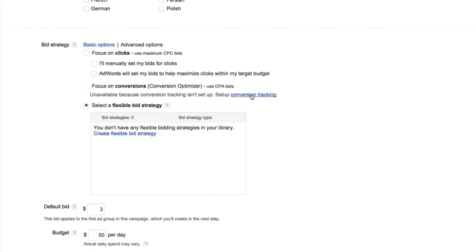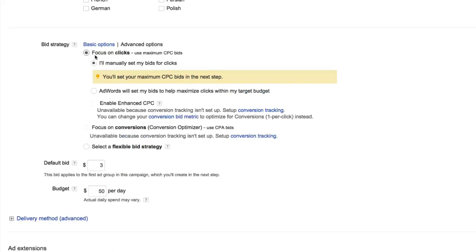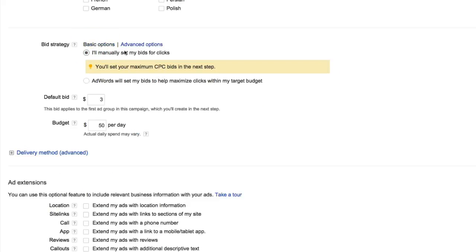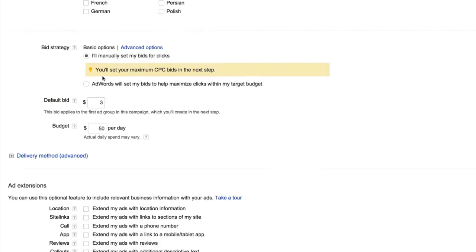We have to talk about conversion tracking first. So for now, go back to focus on clicks. I'll manually set my bid for clicks, and you could leave the basic options configured as they are. You have your default bid. For now, once again, even if you don't know what your default bid or your daily budget is, just put in values. Put in $1, $2, 50 cents, $10 a day, whatever you want to put in,